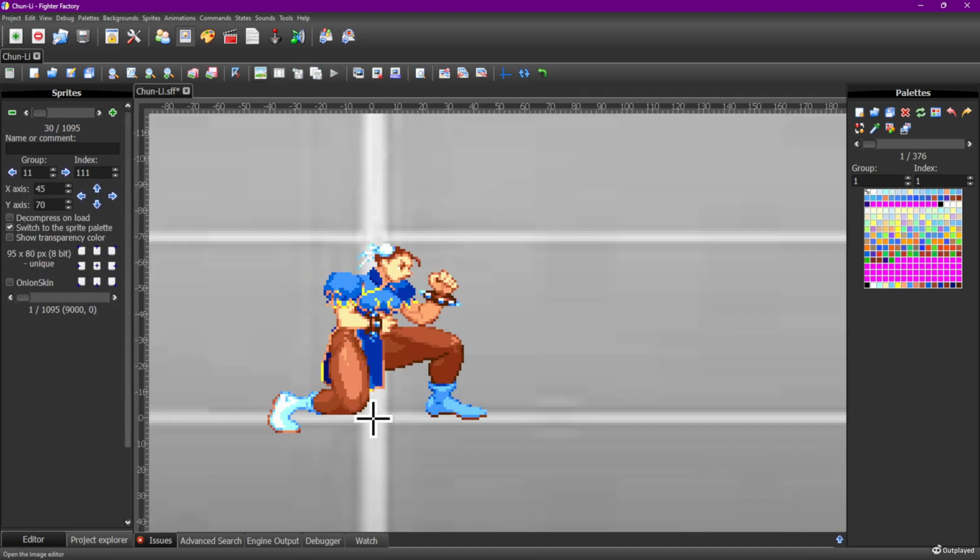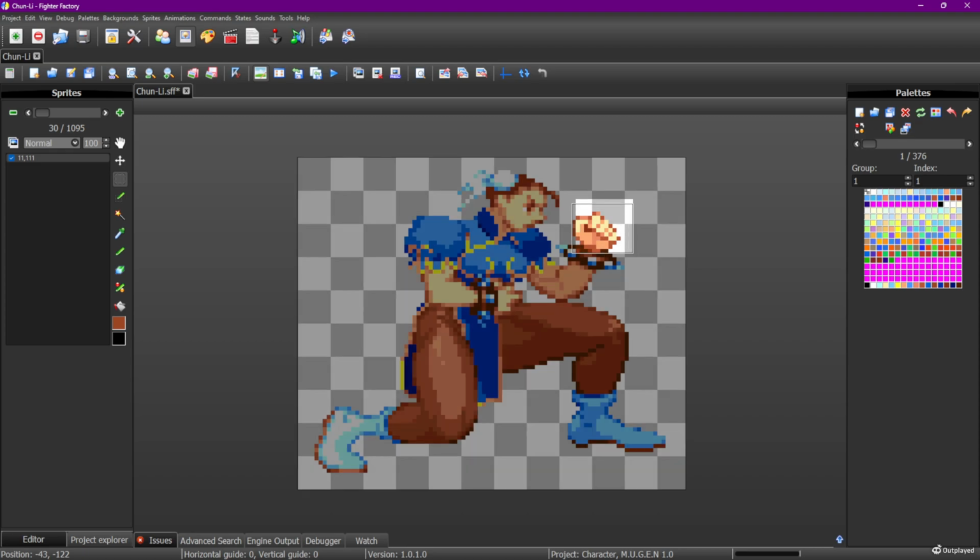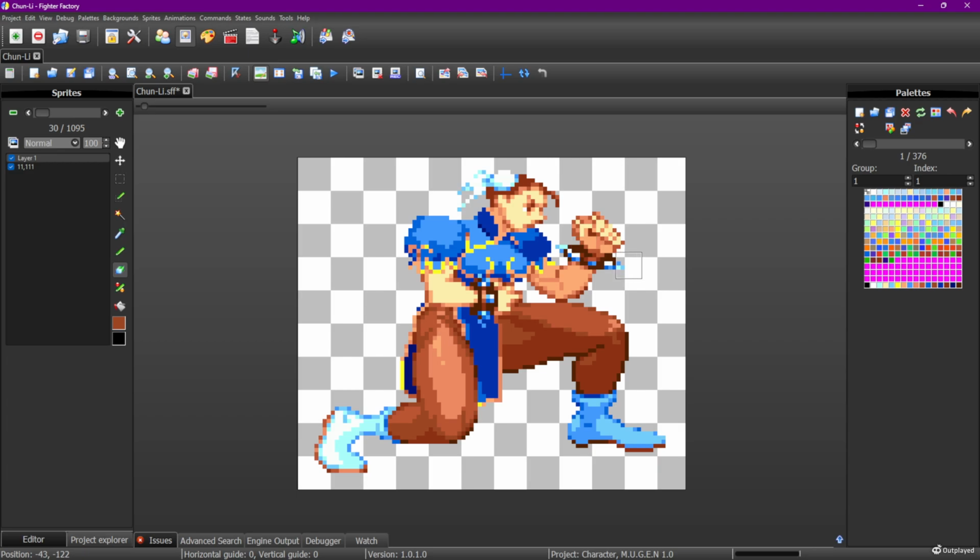Wait, save it, close it, reopen it, because I want her hand to stay in place, specifically her fist. So I'm gonna snag this fist here, copy paste, shift it back down where it was. I'm gonna trim it, of course. Okay, I'm gonna jump to the bottom layer, and again, if you shift it, you have to get rid of the artifacting. So I'm going to delete what's behind the fist. That should be it. Save it out, close it out.